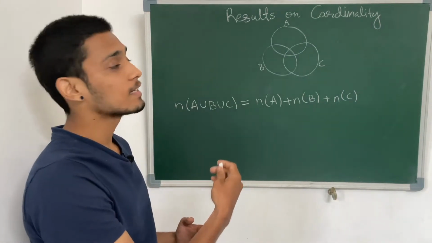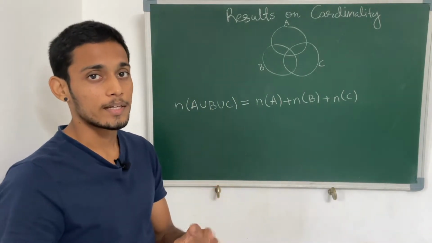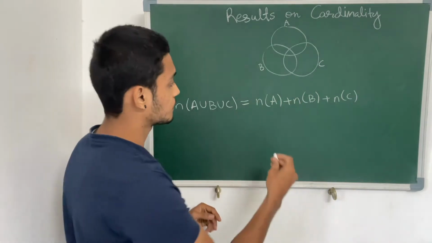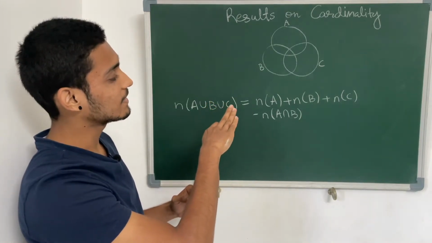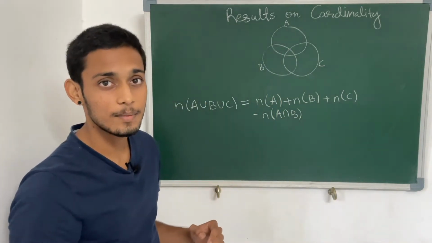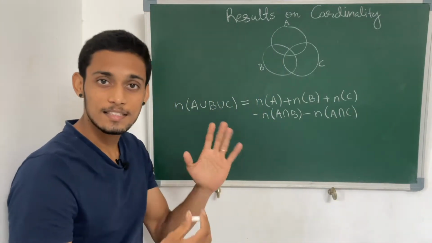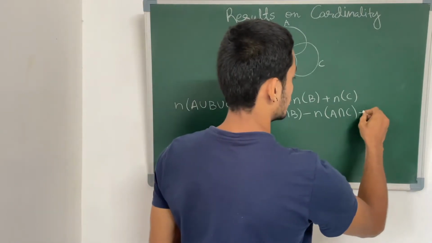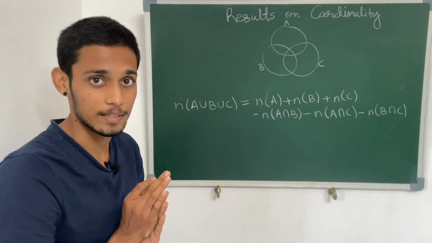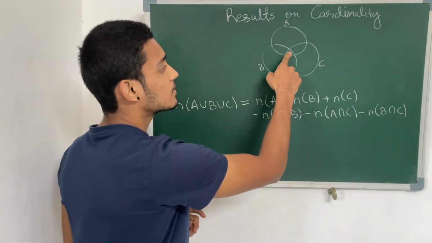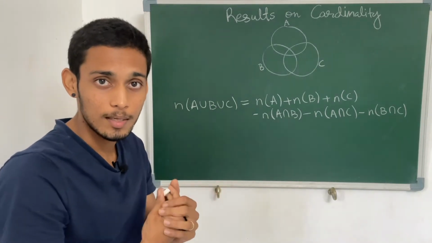So whenever we are adding the elements of A and B, their intersecting elements are being counted twice. So let us remove that. In the same way, when we are adding the elements of A and C, their intersecting elements are counted twice. And also for B and C, let us remove their common intersecting elements. Okay, so we have removed between two sets common intersecting elements. But here we are also having this region, that is the intersection of all the three sets. There is also some common elements there.